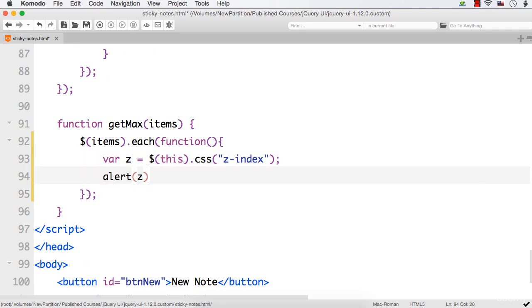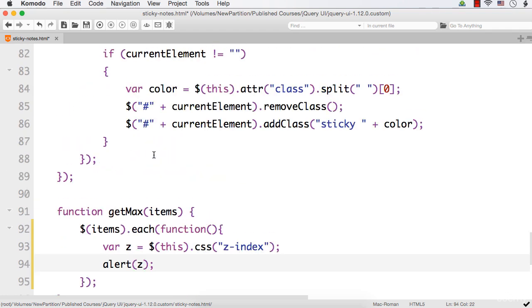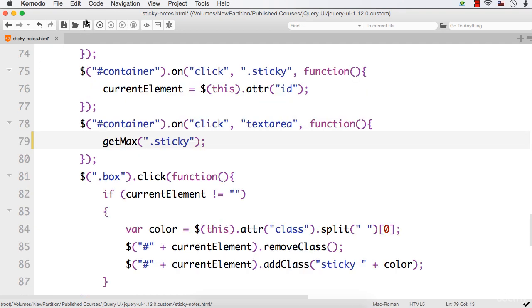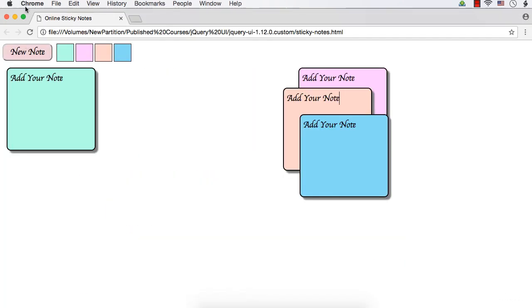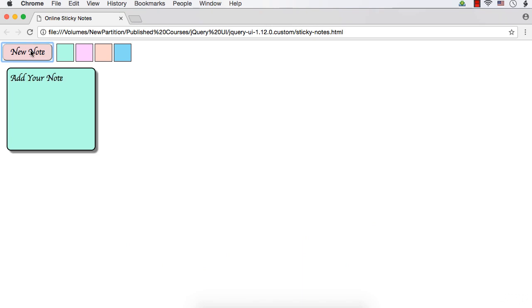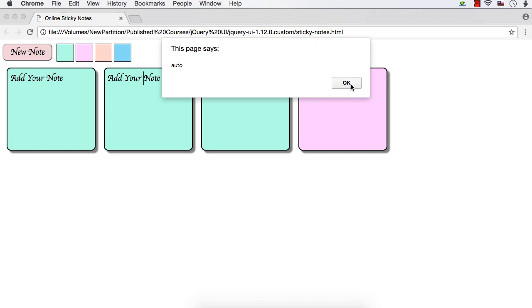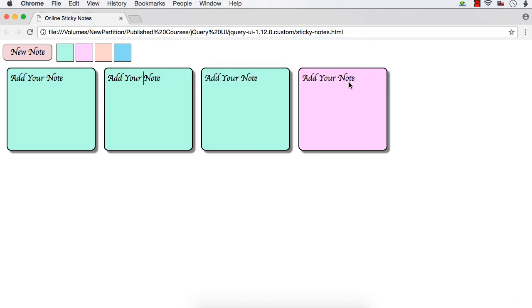Okay, now let's see it, because we have called it here get max equals dot sticky. So instead of this, let me just call get max of dot sticky. Now let's save this. Let me refresh. Let me create a number of nodes, 4, and let me click this. See, we are seeing auto 1, 2, 3, 4 times because we haven't specified any value for the Z index